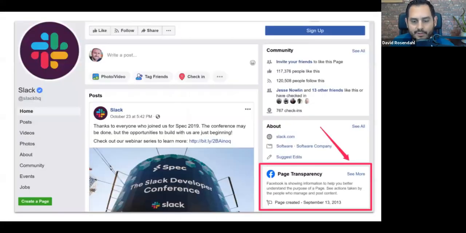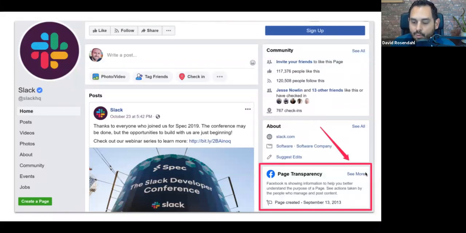Let me just show you what I mean. It's easier, okay? So here's what I want you to see. If you look over here on the screen, I just picked Slack. I know none of you are competing with Slack. But let's imagine you wanted to know, how is Slack advertising? What are they putting in their posts and what's working? If you go to the Slack page on Facebook, okay, you don't have to do it now. I just want to describe to you what you can do here.